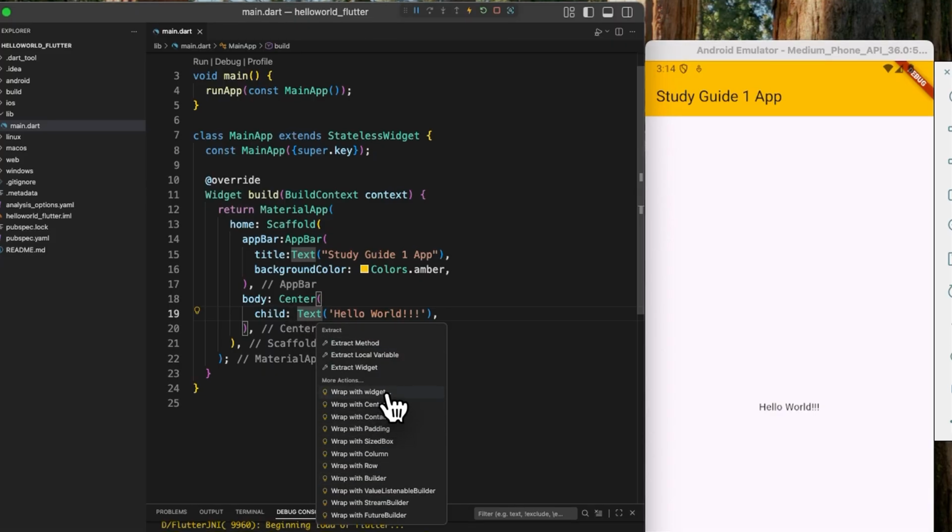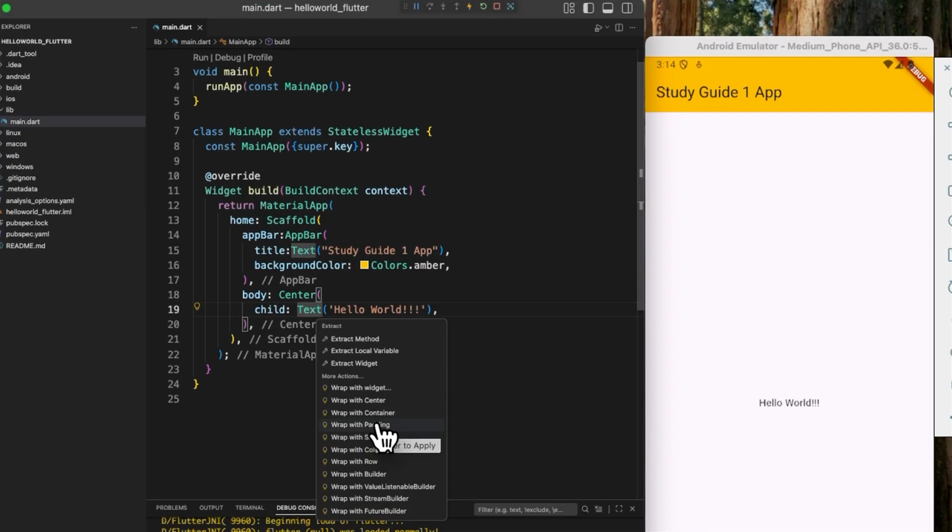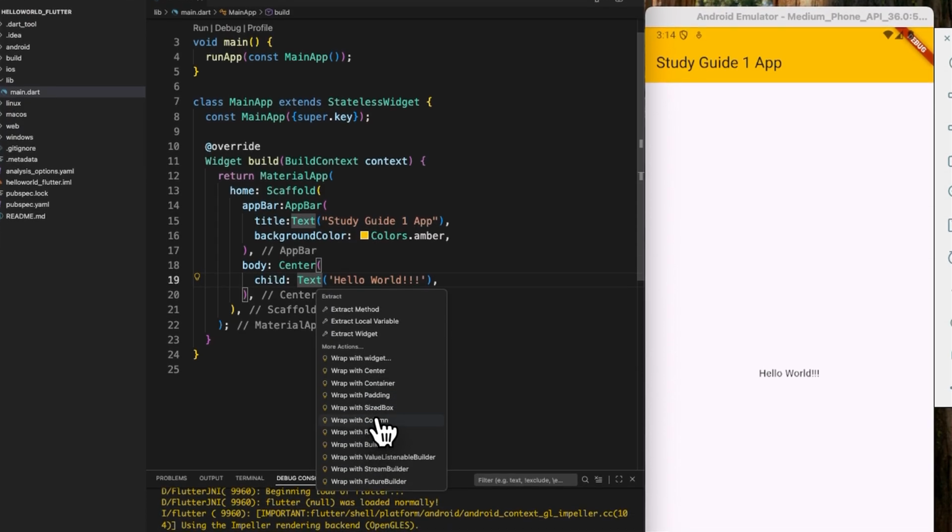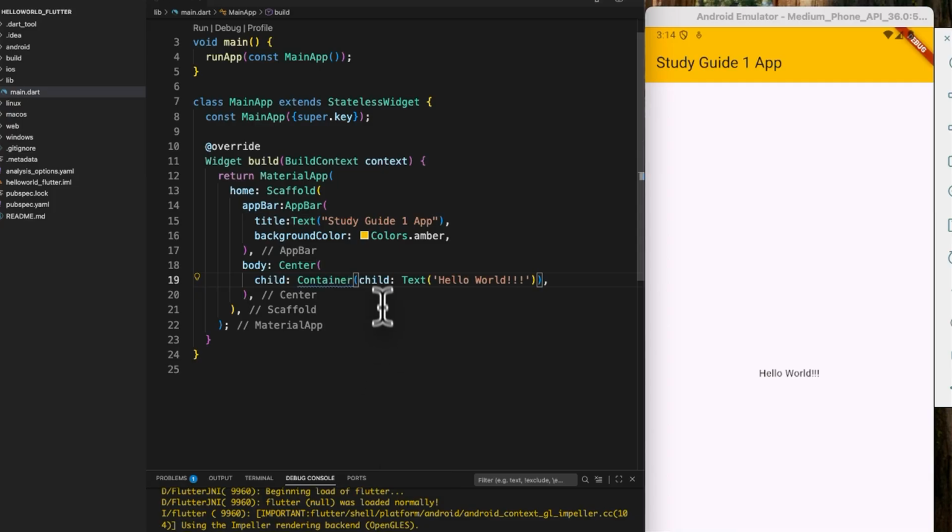Okay, there's tons of awesome shortcuts in here that you'll use all the time. I could wrap it with a center. I could wrap it with padding. I could wrap it with a column. In this case, let's go ahead and wrap with a container. You'll see that this has now put this in a container with a child, which means I can